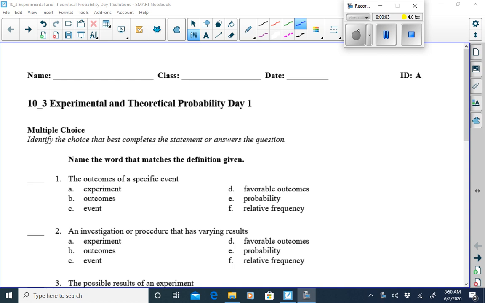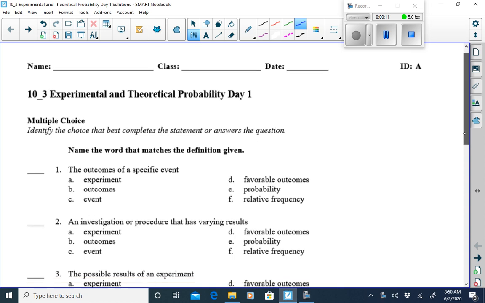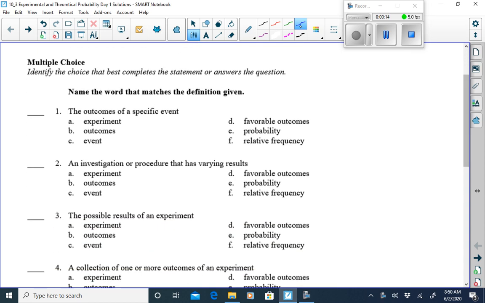Okay, guys, let's check our answers for the experimental and theoretical probability day one questions. Question number one, the outcomes of specific events, they are D, favorable outcomes, meaning